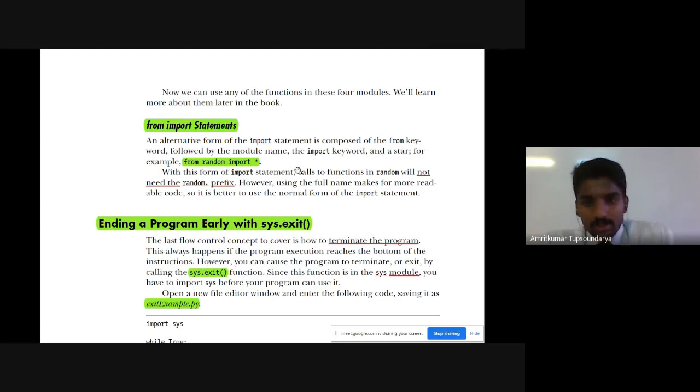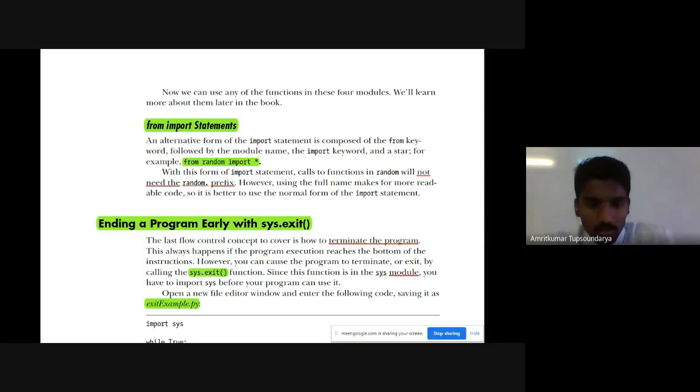Fine. So having said that, let us understand the last concept, that is how do we terminate the program, how do we end the program, which is nothing but our last flow control concept. All right. So whatever we have discussed so far, these were basically the different types of flows that Python allows us to have in our program, right?